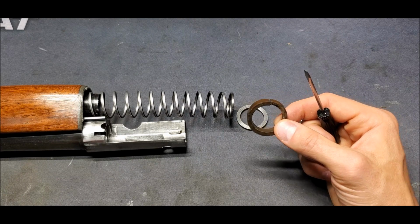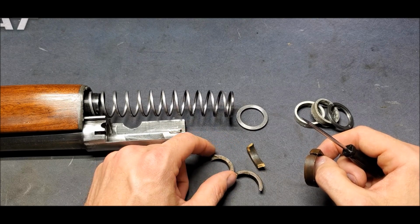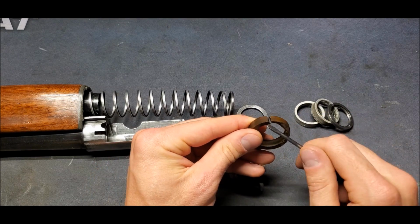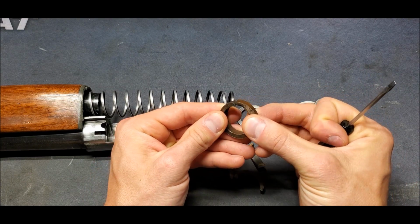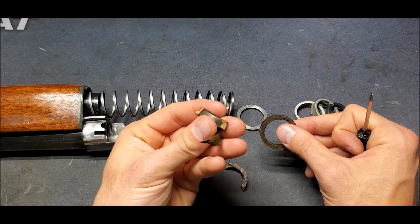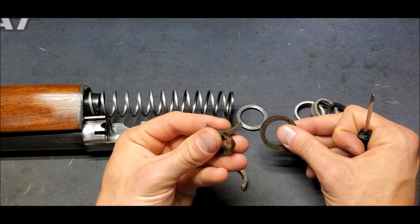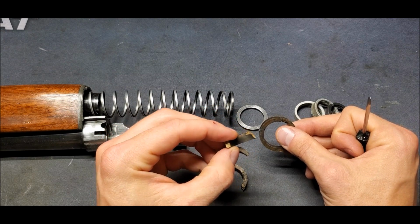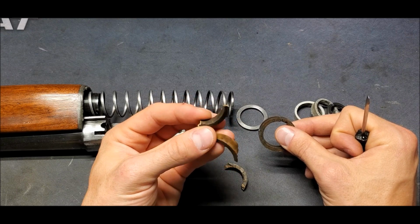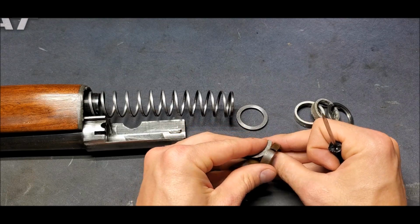They originally came with two. Upon disassembling this gun for the first time, they were both cracked like this one, and I just broke this one more to see if I could figure out what it was made of. It appears to be a very woody material. When you saw through it, there's sawdust, all that kind of stuff. So what I did